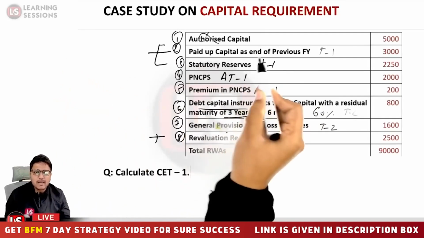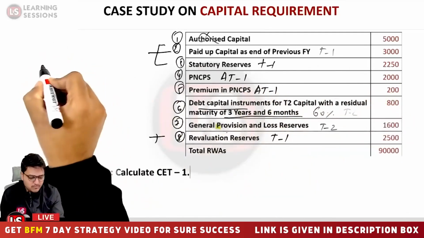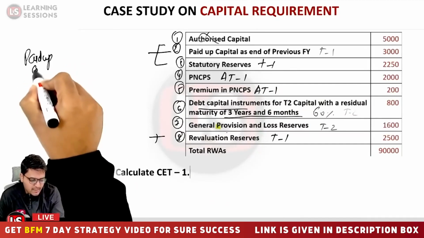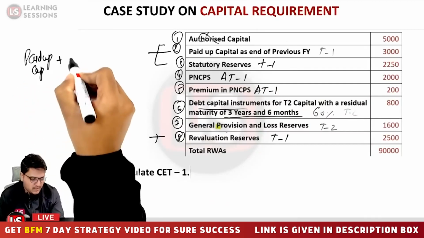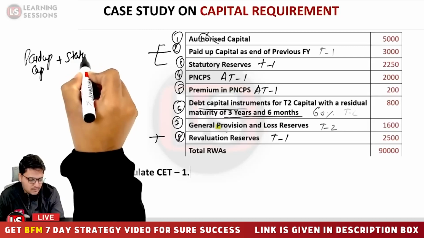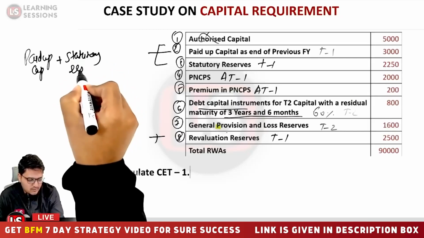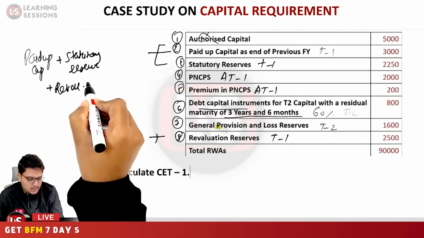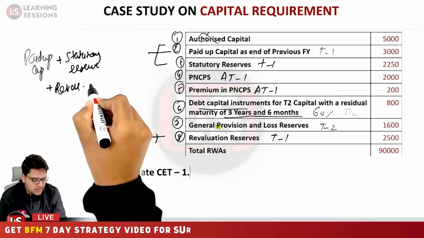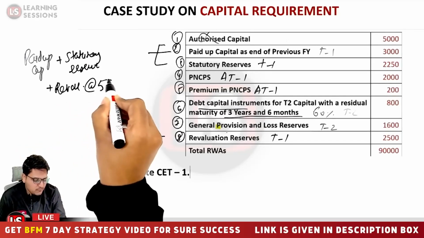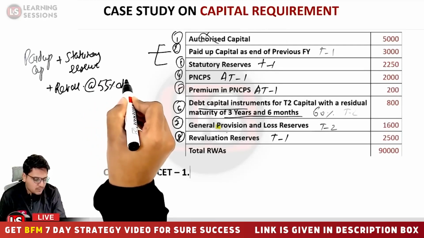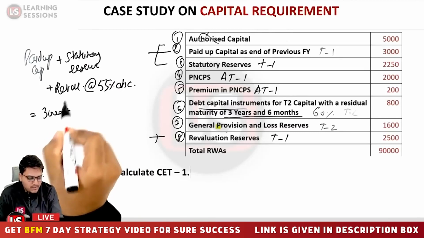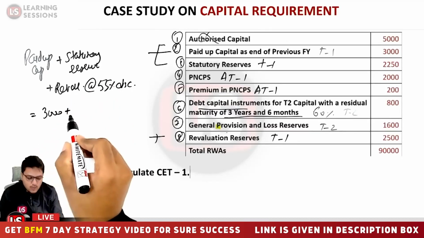Okay. So paid up capital for previous year, I'm just writing the components over here so that you can understand it well. It is a paid up capital which is to be considered. Further, it is statutory reserves. And the third one is revaluation reserves, which are to be considered, but kindly keep in mind these are to be considered at 55% discount. Okay, so the paid up capital is 3000 plus the statutory reserves, it is 2250